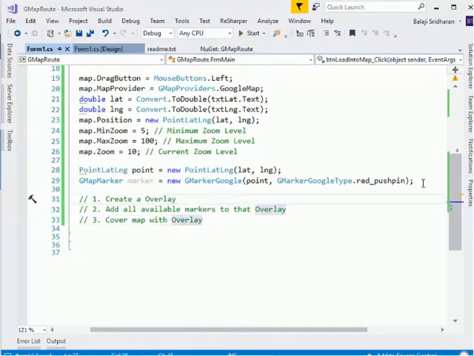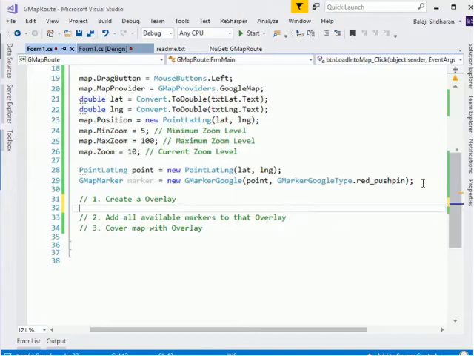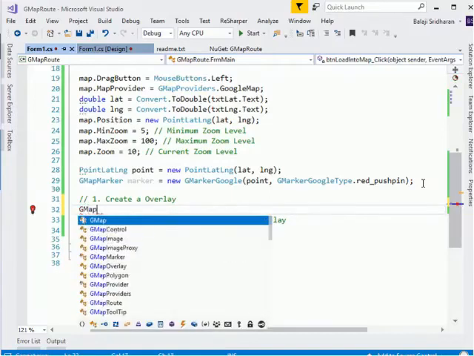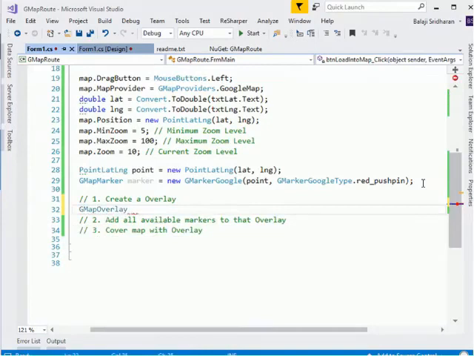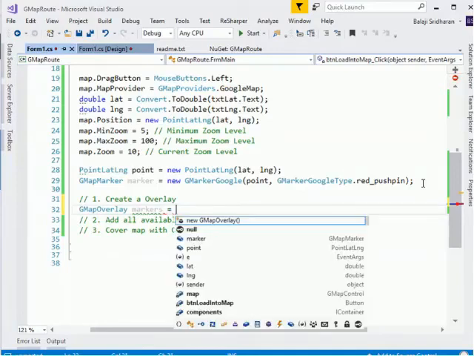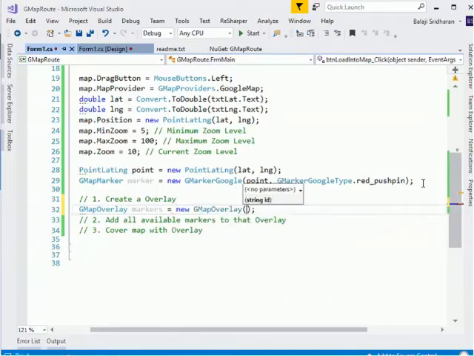First we will create an overlay. For that we want to use GMapOverlay. I will name this markers because typically it can contain any number of markers. On this overlay we can place all our markers, so it is a collection of markers. So markers is equal to new GMapOverlay, and then we give some name to this overlay.